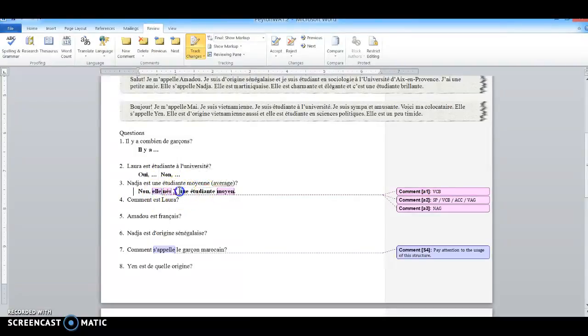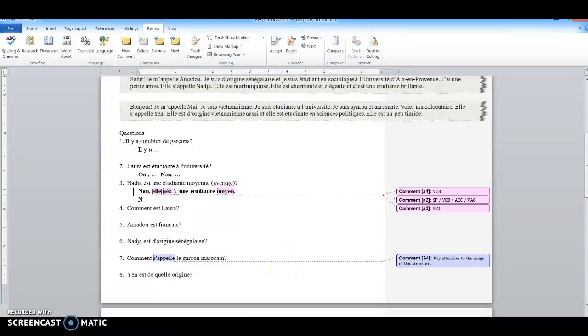Now, because you have a noun here, you don't want to use elle. You want to use c'est. So you want to turn the track changes off, leave the original comments, and write a new sentence. So since we're going to use c'est, we start off with c'est. Actually, it would be ce n'est because it's negative, right? Now you'll see the next one